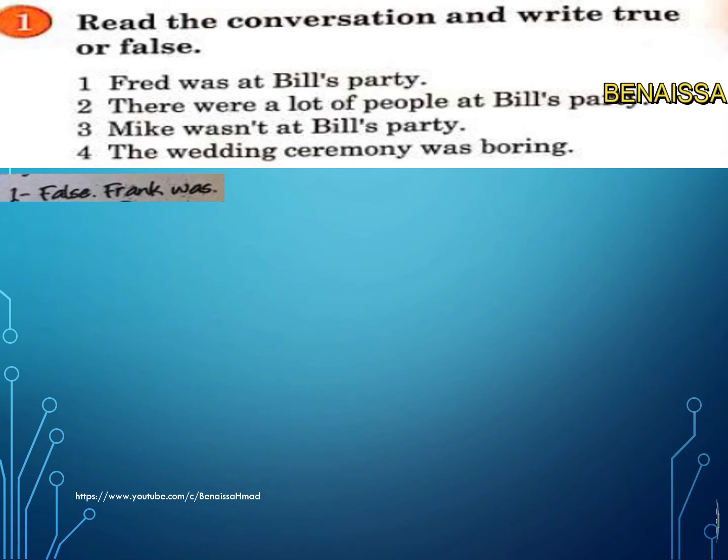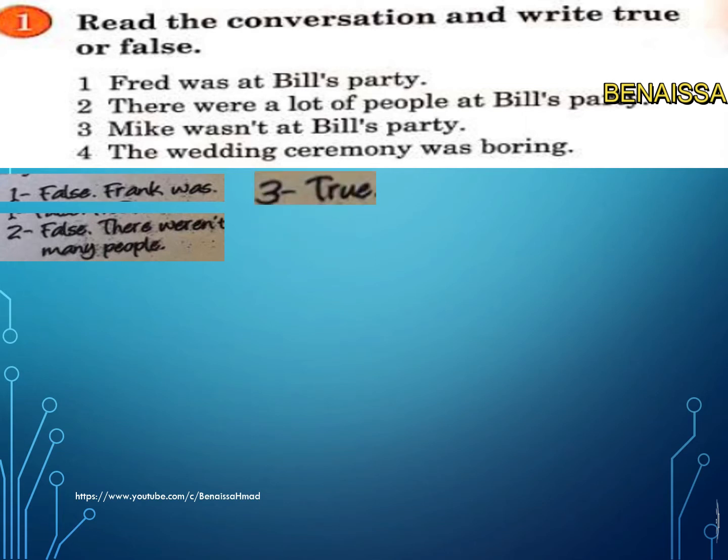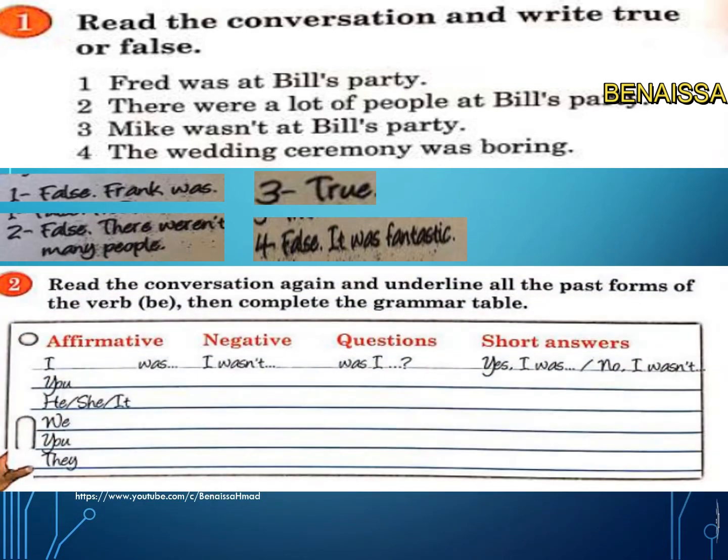Let's correct. Number 1 is false. Fred was, so it is Frank, not Fred. Number 2, false. There weren't many people. Number 3, it is true. Number 4, false. It was fantastic, not boring. Boring, fantastic. Now let's move to read the conversation again and underline all the past forms of the